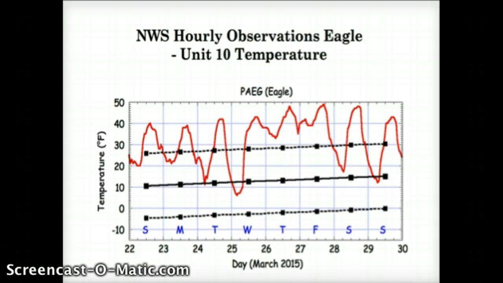Looking at the temperature graph for March, you can see that there was a consistent temperature variation between night and day. Generally, if the skies were clear, there was a strong variation. The daytime temperatures rose to be pretty high and cooled significantly in the nighttime. Looking at the graph between the 26th and the 27th, you can see that there was less of a temperature variation, and this can be due to the cloudiness that Eagle experienced during that time, leaving the temperature to be more consistent throughout the day.